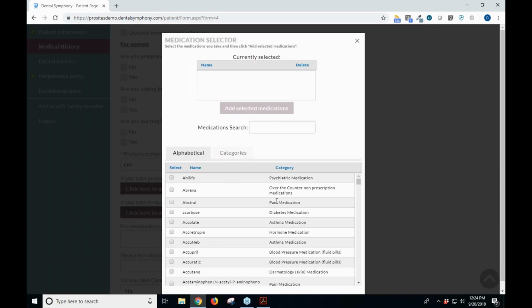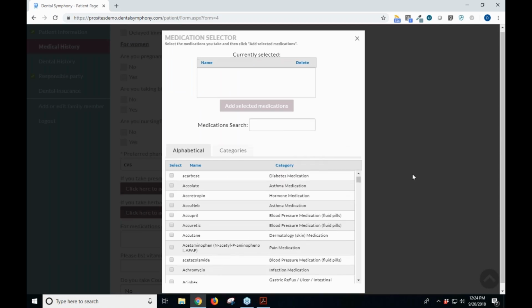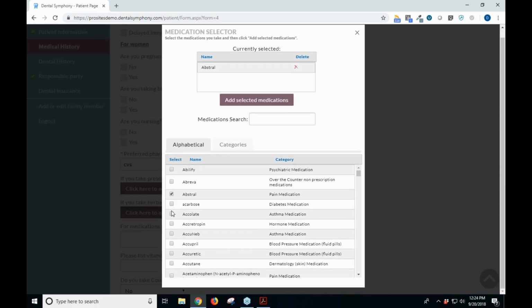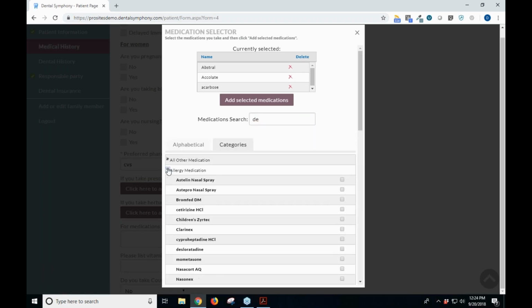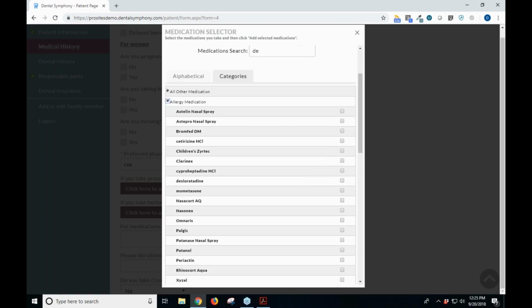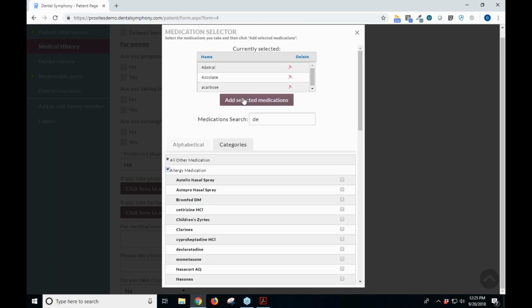This is really helpful because it means that you're going to see from the patient the correct spelling. You're not going to be decoding whatever their handwriting looks like. It gives them several different ways that they can select medications. Alphabetically, they can search. They can also type to filter the list. They can search by category as well, and it's going to open that up for them to select and add